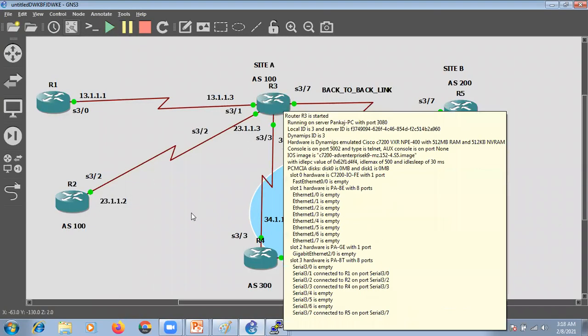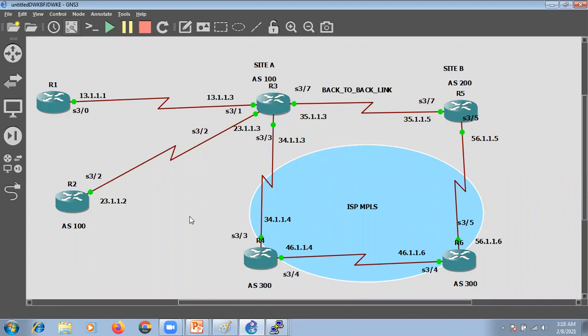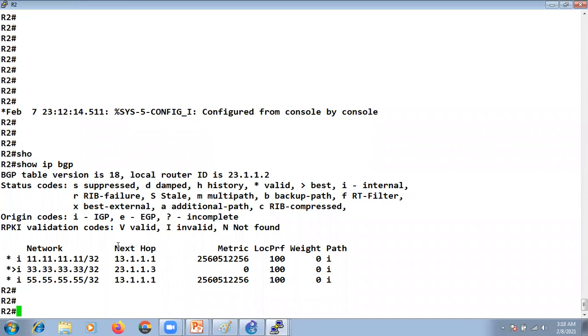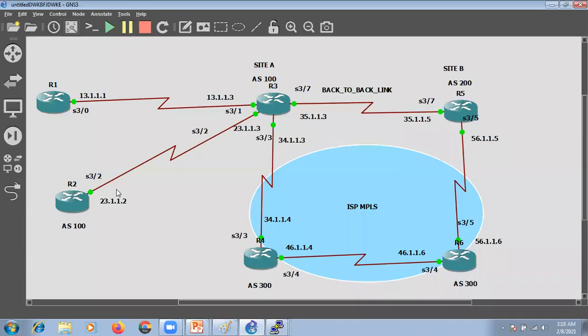what we have studied in our previous lectures is that if I'm advertising anything to my neighbor... So between R3 and R2 we are running IBGP, right? If you check the next hop for these two routes, that is 13.1, right?